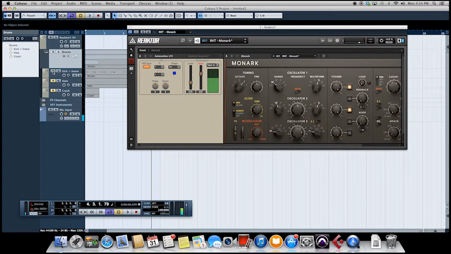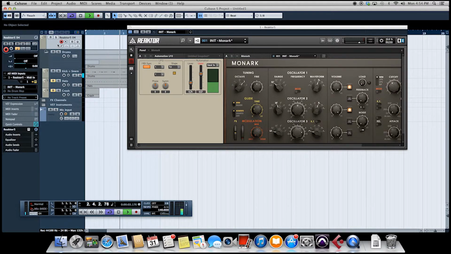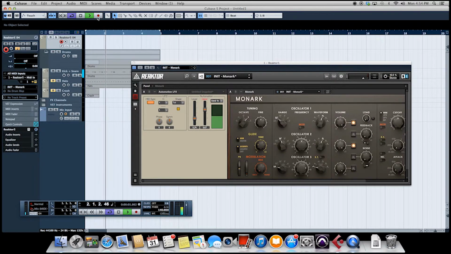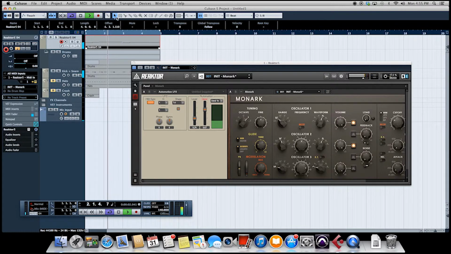So we're going to start up Cubase. Now I've got some pre-programmed drums. We'll let them play. Now we're going to play a bass line in here. There's our bass line. If our filter is just open, you can hear what it sounds like. And you can hear what it sounds like with the filter modulating in time with the tempo. So it already makes the bass line